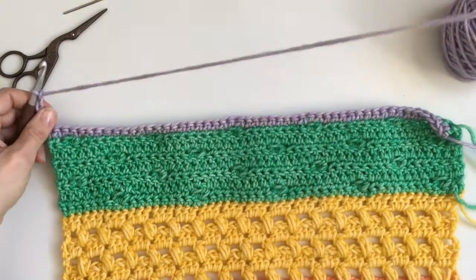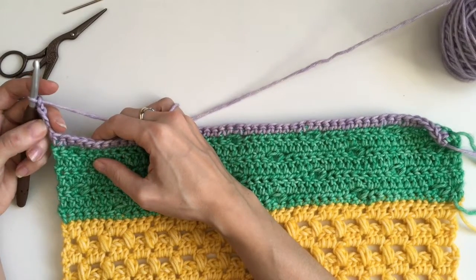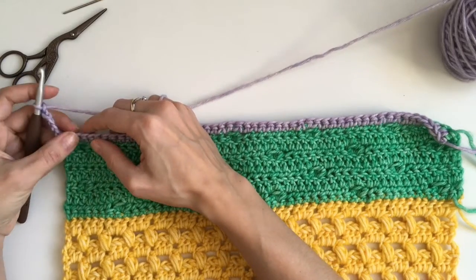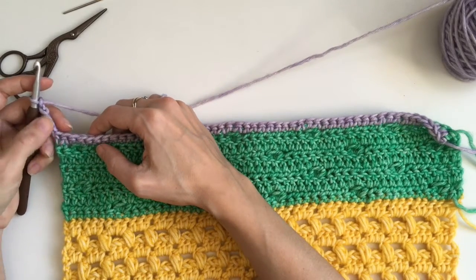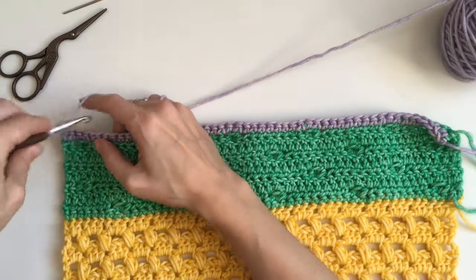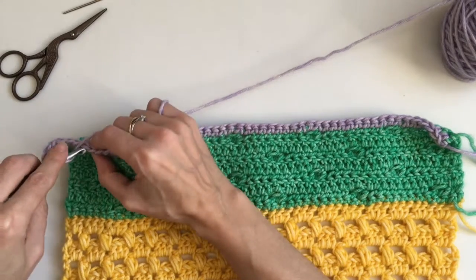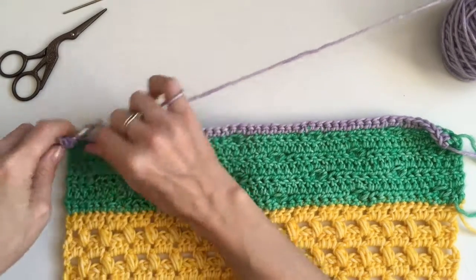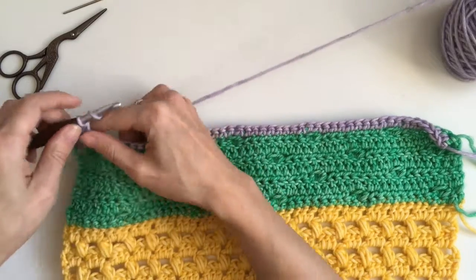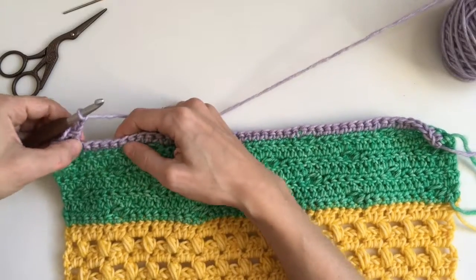So this is where we start the open work of this section. So this chain 6 counts as a double crochet and chain 3. So we're going to work all the way along, skipping 2 of the single crochet and double crocheting. So I'm going to skip those 2, work a double crochet in the third, and then chain 3, skip those 2,